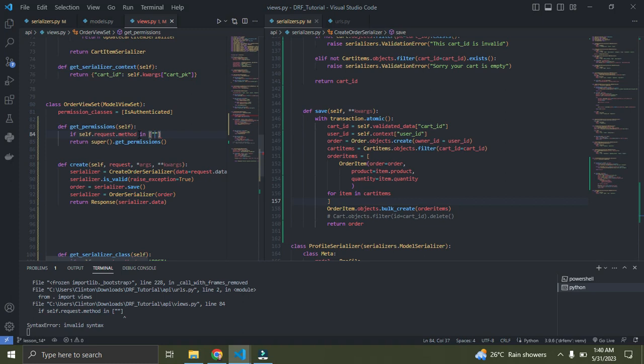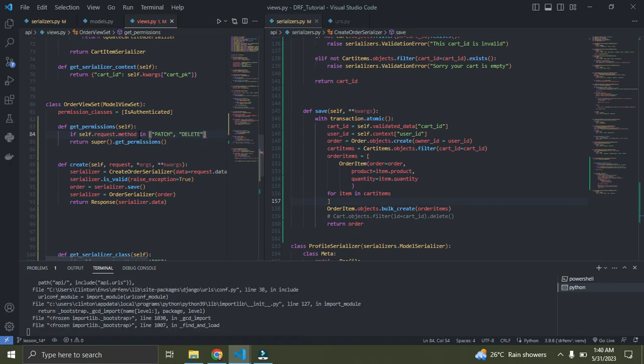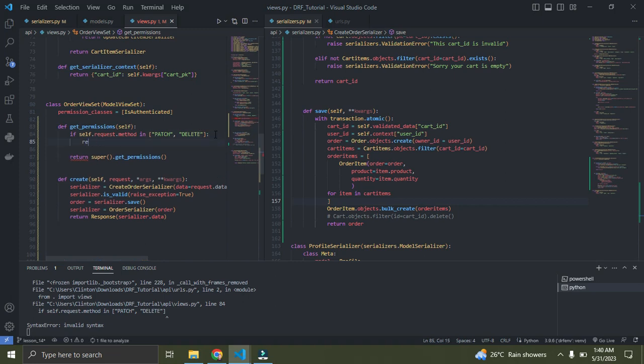So we are going to use the patch method, not the put, because the put method simply replaces an entire object. But with the patch method, you can simply update a given attribute. You get. So right now I'm going to just say patch, and then I could also say delete. So now only an admin can simply delete or update your orders. You get. So we're trying to say that right now, if it is a patch method or if it is a delete method, once we return the admin, we're going to say return,